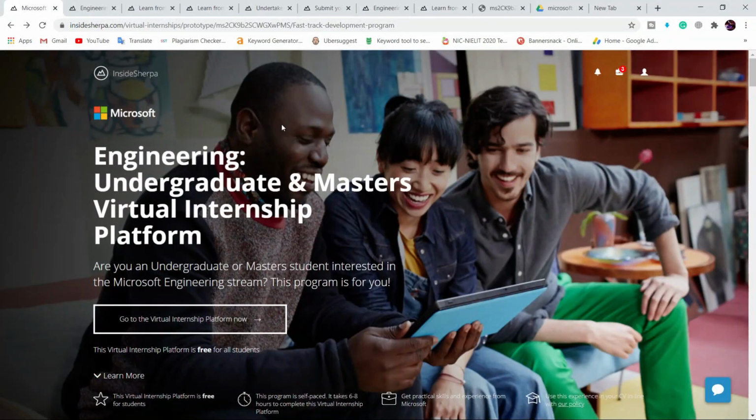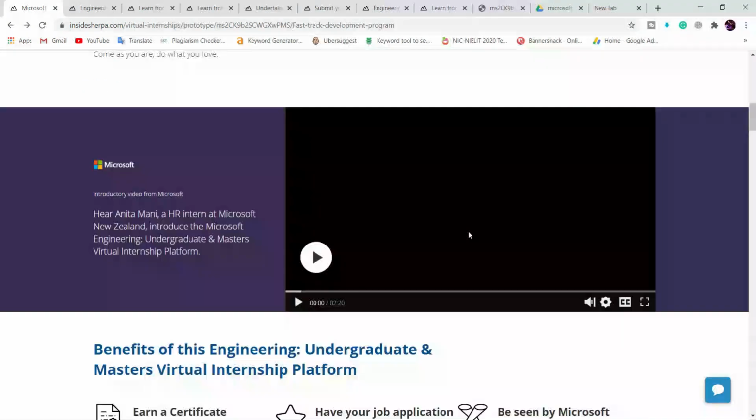Once you click on the first link, this website will open in front of you. What you have to do is create an account here. Either you can log in with Gmail or with your Google account. One thing you have to remember: whatever name you want on your certificate, you have to enter that name here. Once you have logged in, you can first see what they are providing,